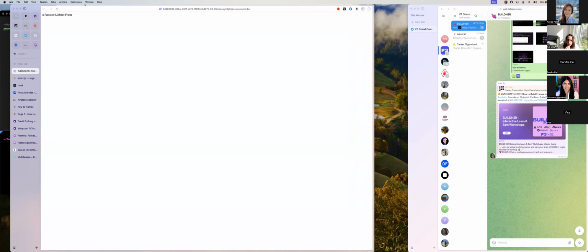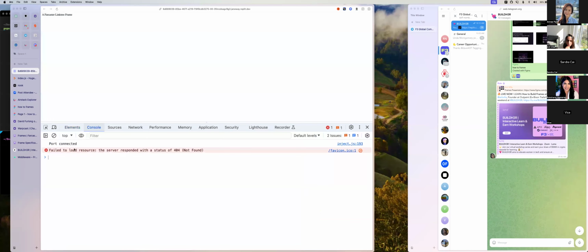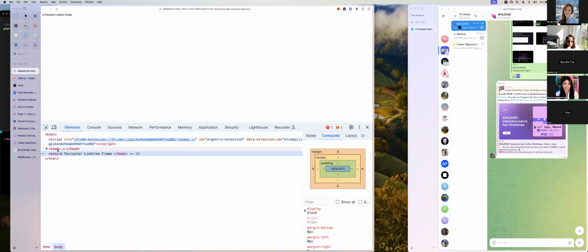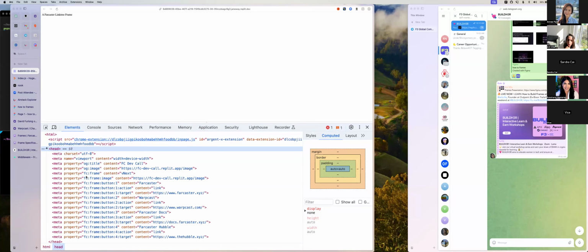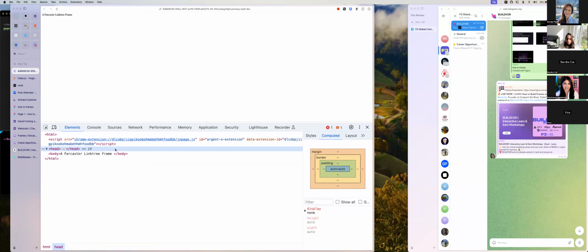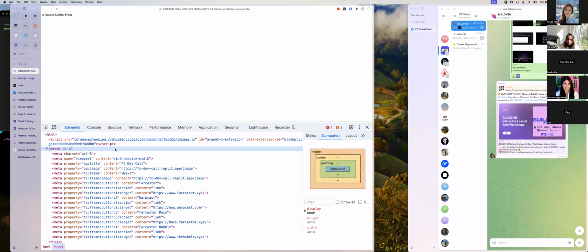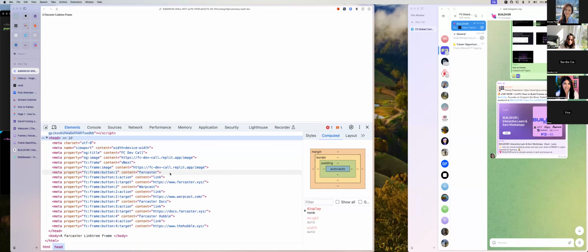But what's interesting is if you right click and inspect and open your console, your elements, you will see that there's the head element. If you open that, all the information is there. So this is what we're trying to create. We're basically just trying to create an HTML page, and every HTML page has these constructs. And obviously to make this more interactive, where you click a button and go to another URL, and the information changes, like the image or the title or the buttons change,